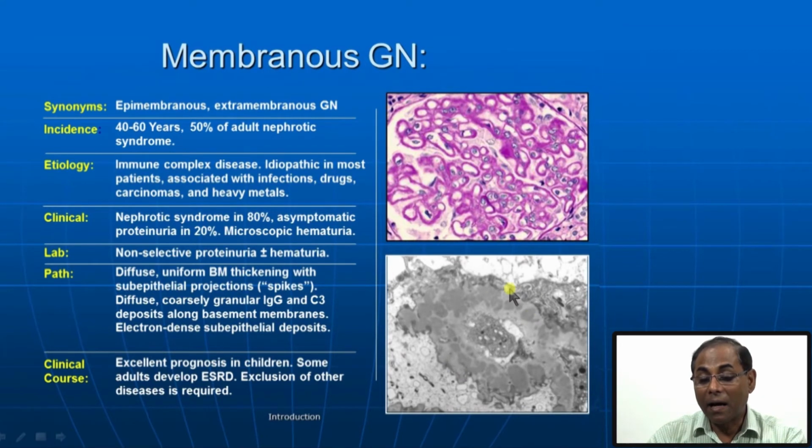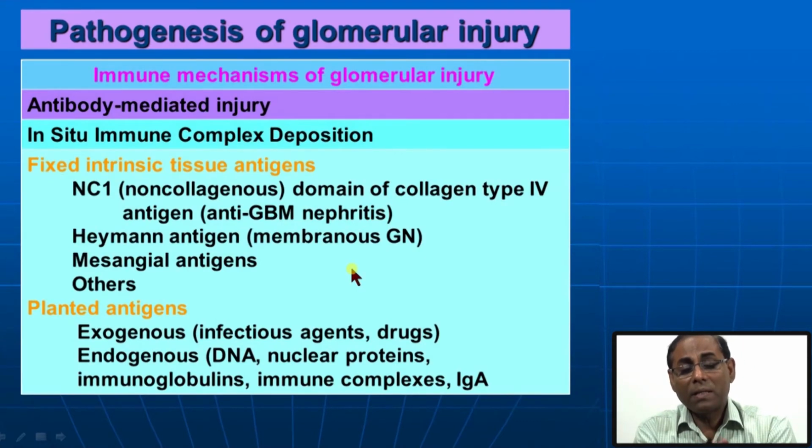They are near the podocyte, and the podocytes also show you the secondary changes of effacement of foot processes and all other changes. So the prognosis usually in children is good, but in adults some of them are progressive and develop end stage renal disease, and exclusion of other disease is also required. From minimal change disease we have FSGS, which is not associated with immune complex deposition,